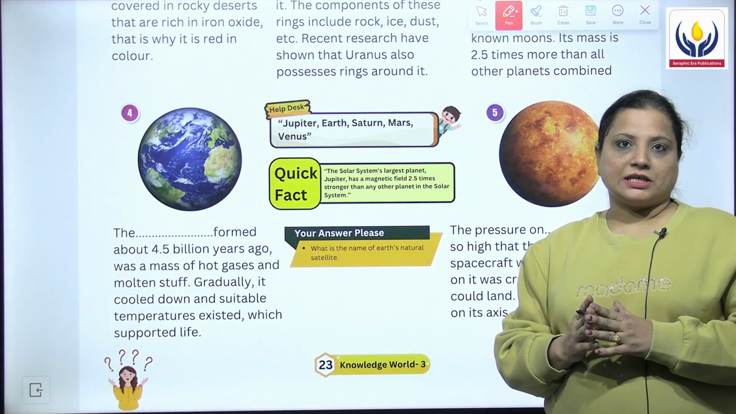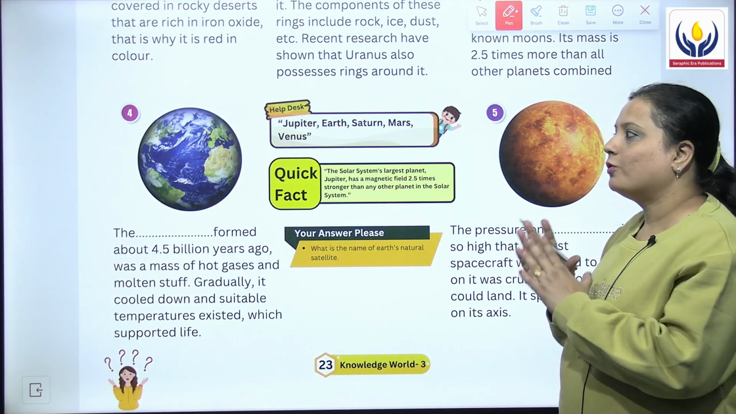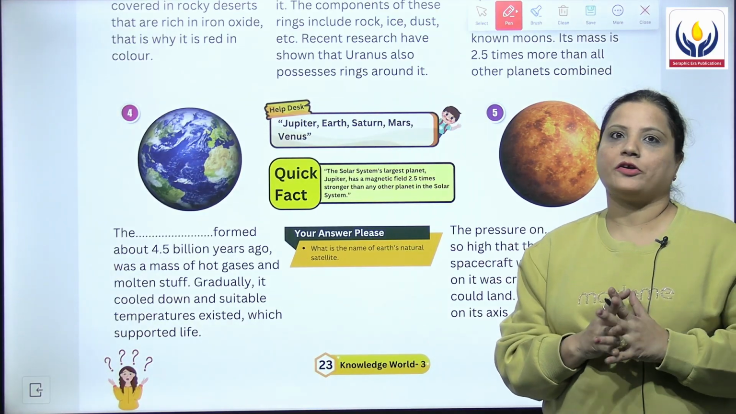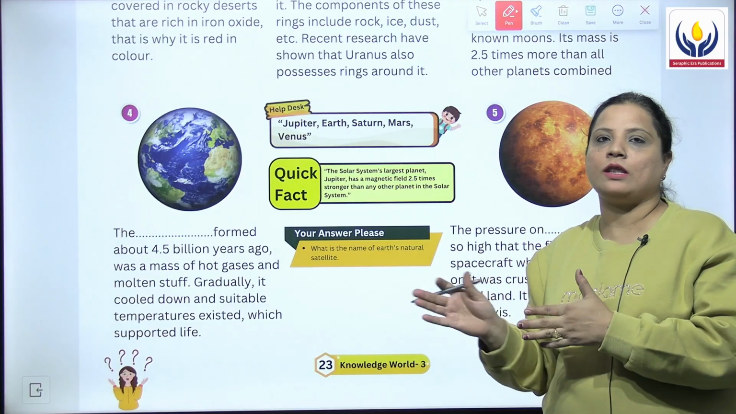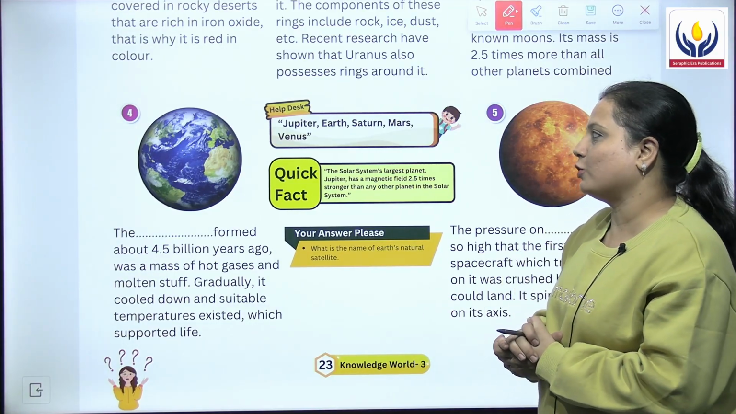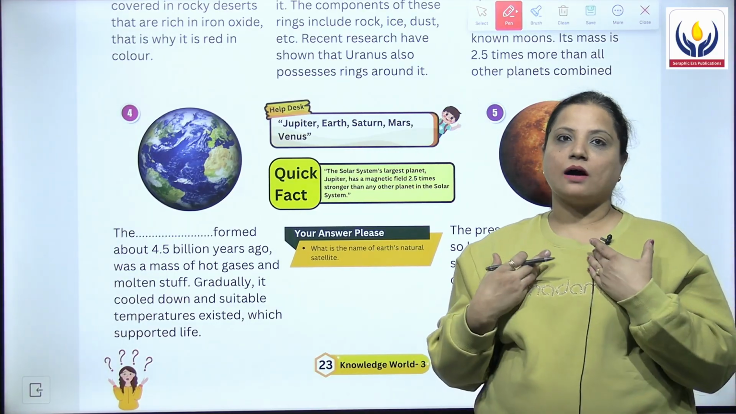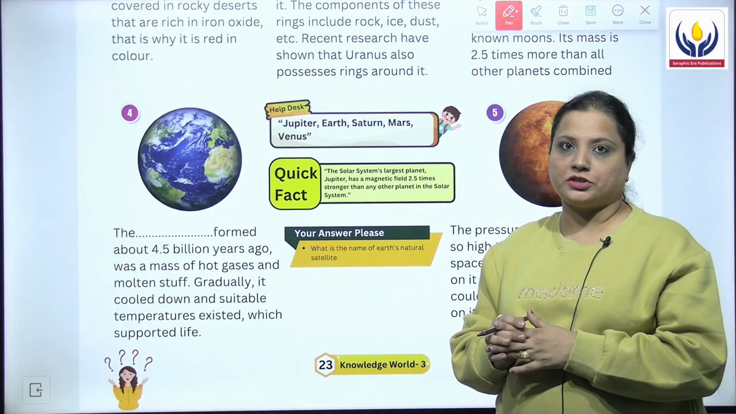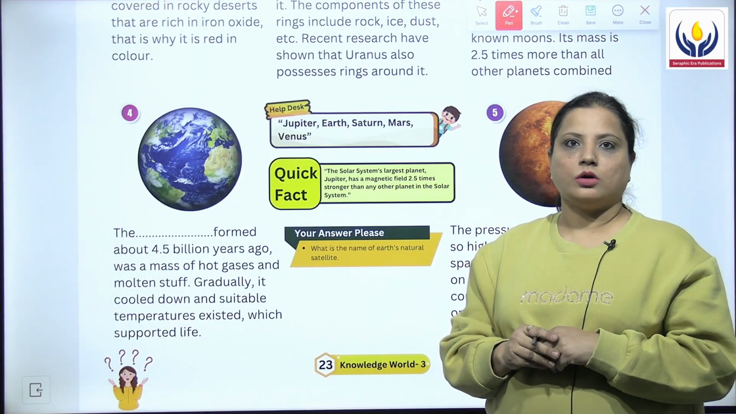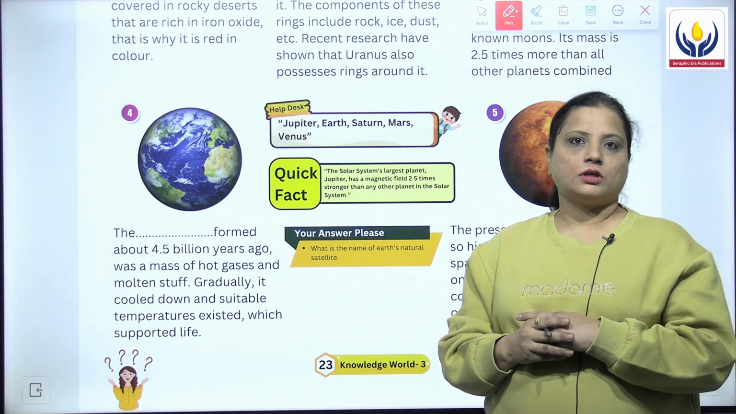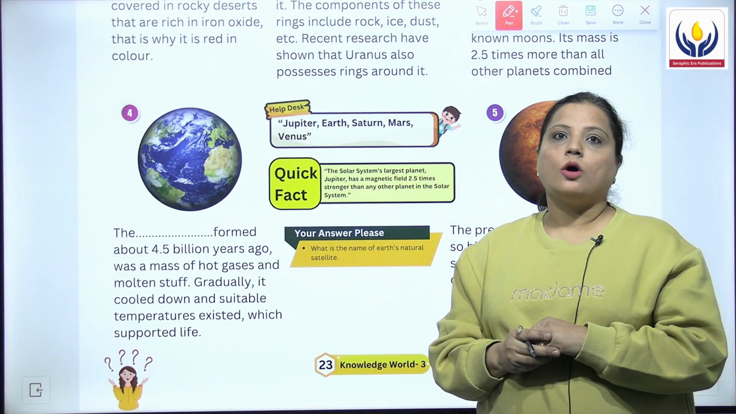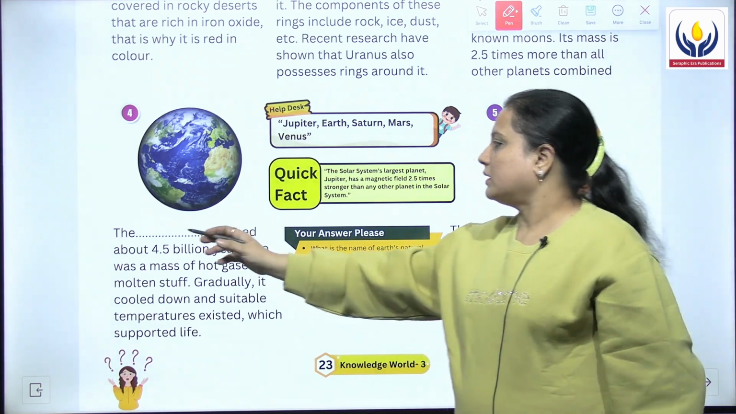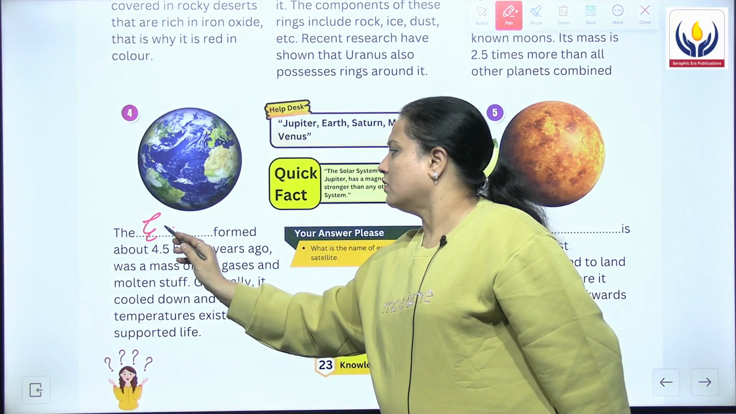The next, that is the fourth picture, is of which planet? I hope you have already recognized this. This is a well-known planet of our solar system. That is our Earth. This is the only planet in the solar system which has water on it, and because of water life has been possible on this planet. The dash, that is our Earth,